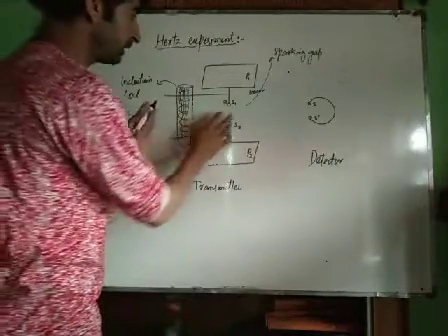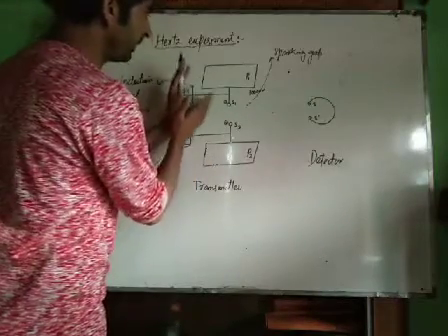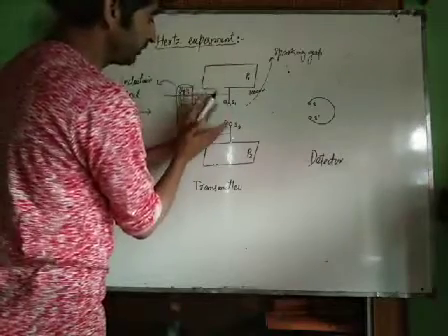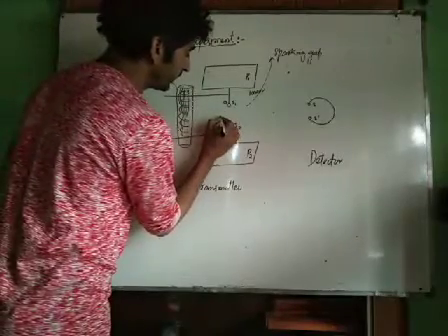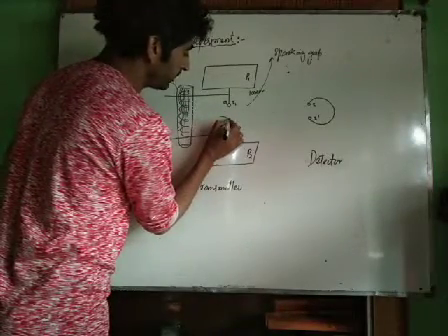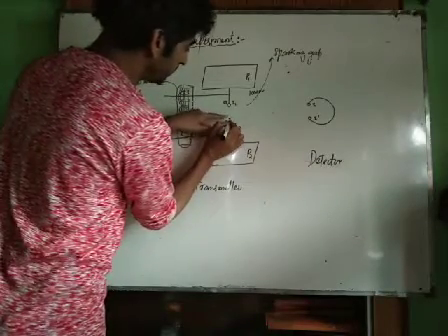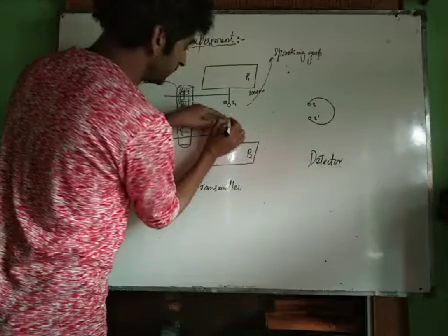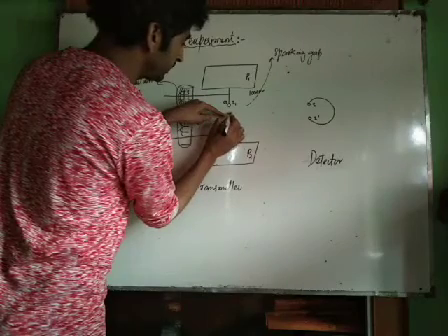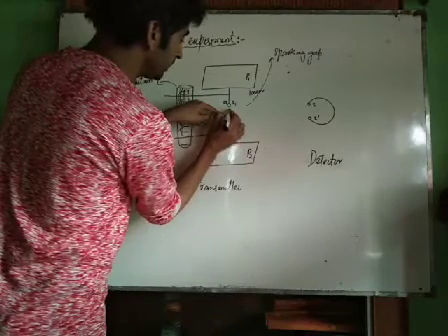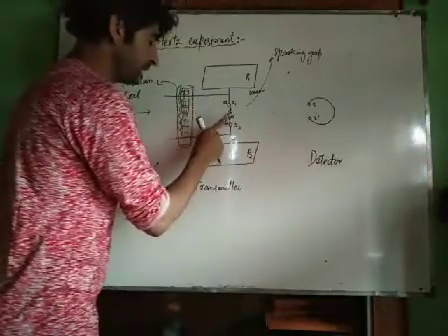The reason for the generation of the spark is this. On applying a high potential, these surfaces become charged. Because of the high potential developed on the surfaces, they knock electrons from the air. For example, this surface knocks an electron from the air. Once it does, that position of air becomes positively charged. Then this side knocks another electron, and this side knocks another electron.